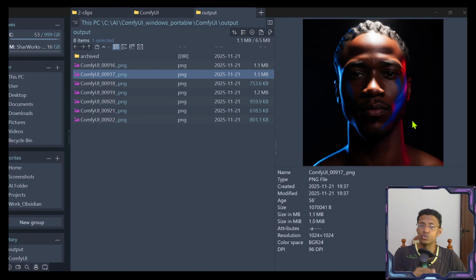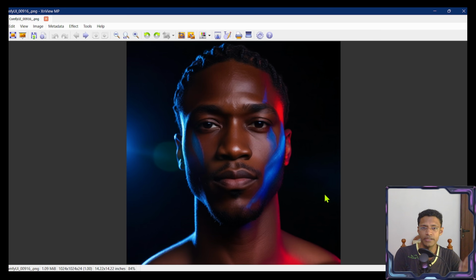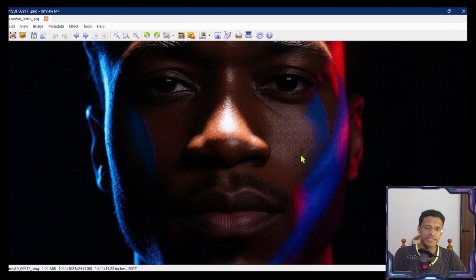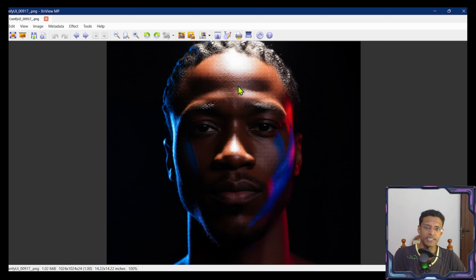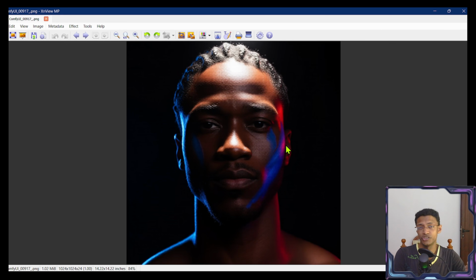This image took 23 seconds to generate, while this one took almost 3 minutes to generate. And here they are. You can see this one has a lower quality, especially on the face here, like even the forehead, when you compare it to this version here. So if you want speed, go for this one, but just keep in mind that you will get slightly lower